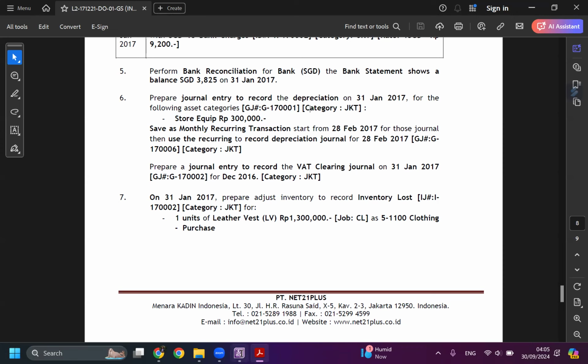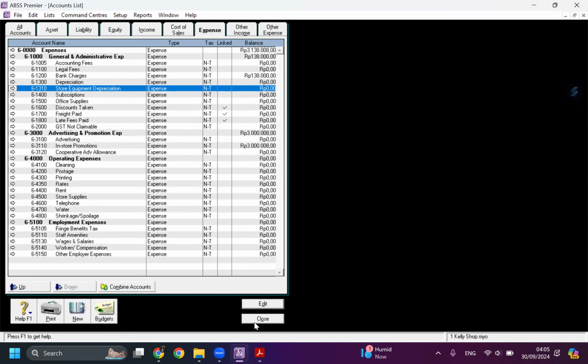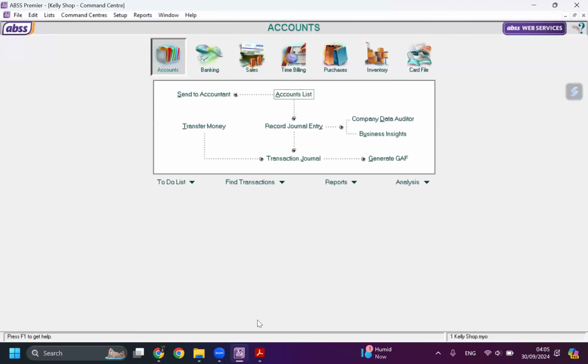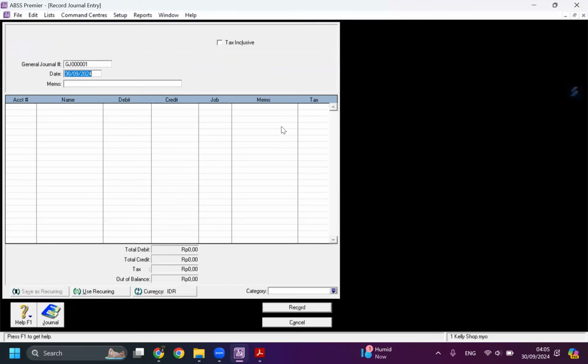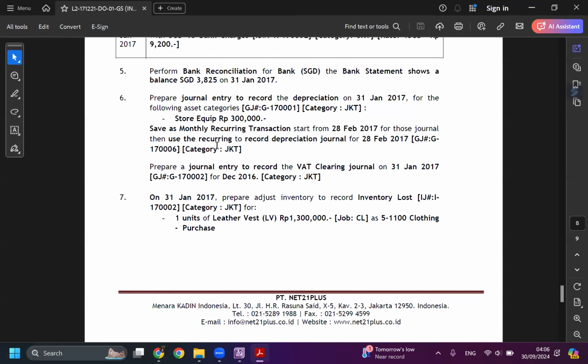Okay, so let's do this case. Now, because we know the account, we can prepare our journal entry. Go to account and click record journal entry. And the date should be January 31st, 2017. And the transaction is